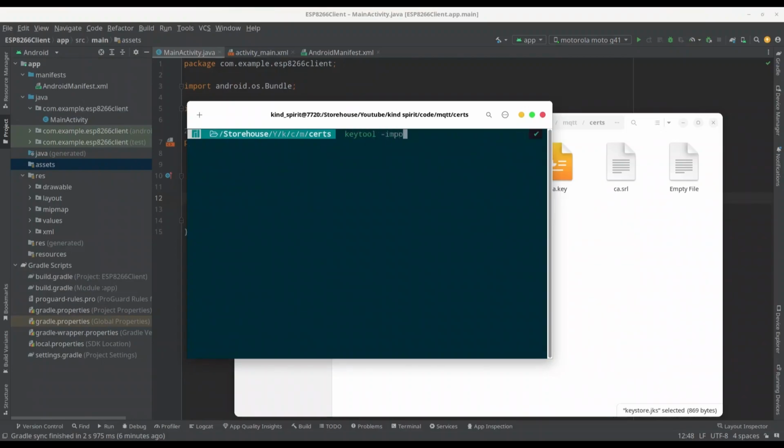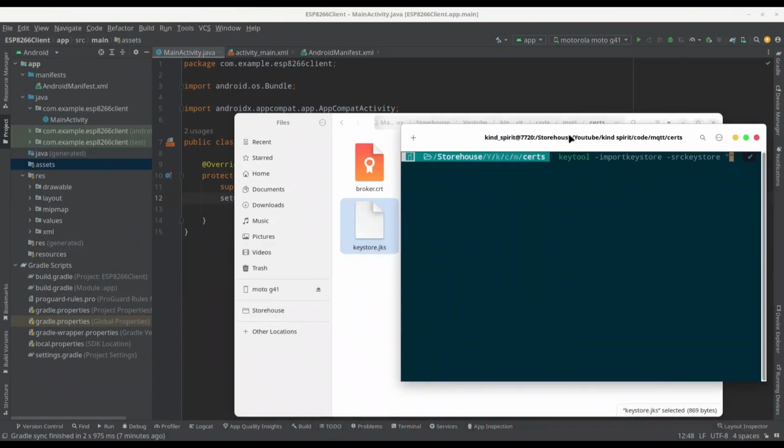I'm going to import keystore, and then srckeystore. I'm going to provide the path. Source key store, it's in my local directory, it's keystore.jks. Then the destination key store, it's going to be also in this directory, and I'm going to name it